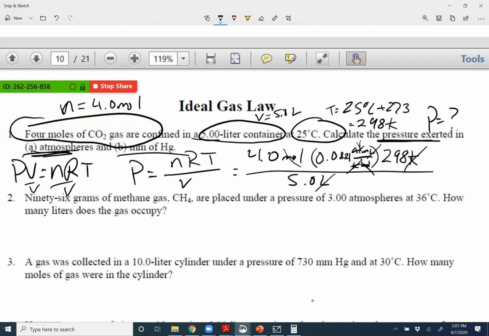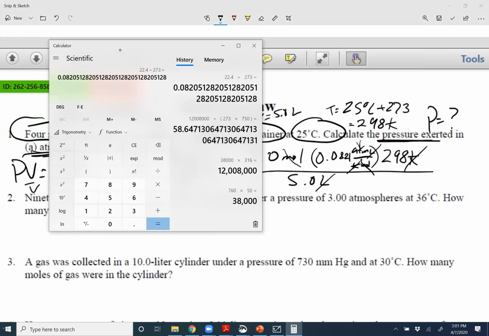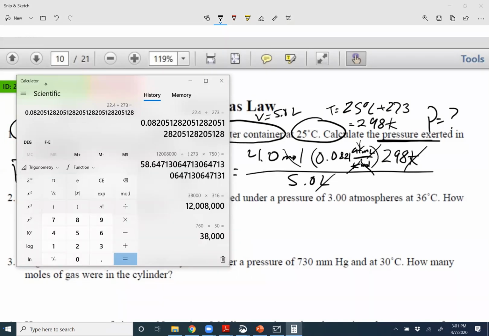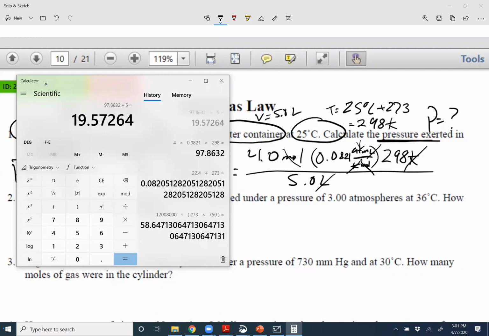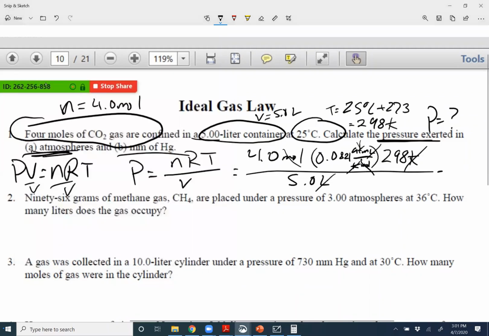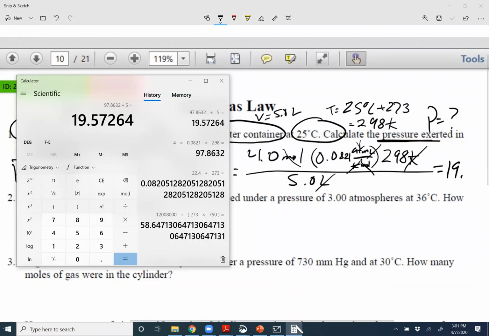So now we just plug it into our calculator. Move it out of the way so we can see what we're doing. We have 4 times 0.0821 times 298 divided by 5. This is going to be 19.6